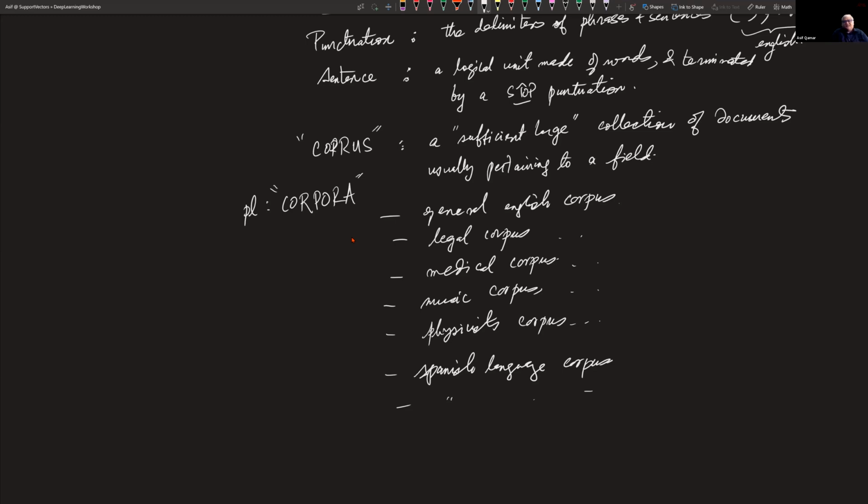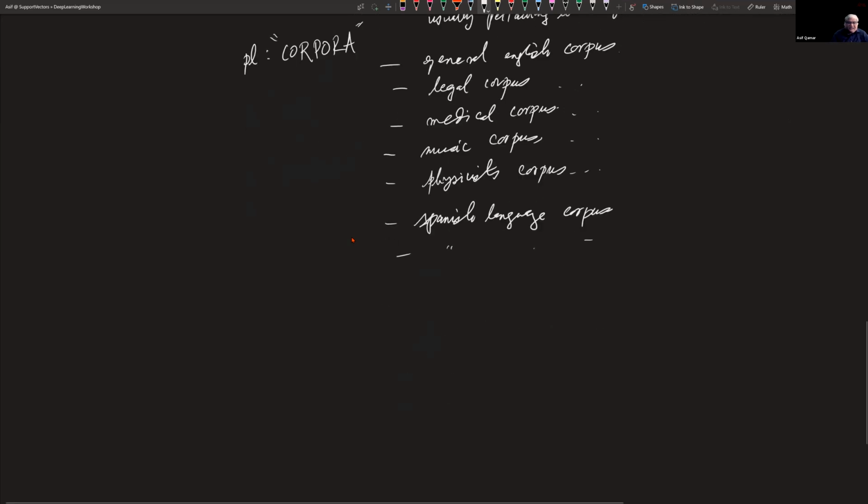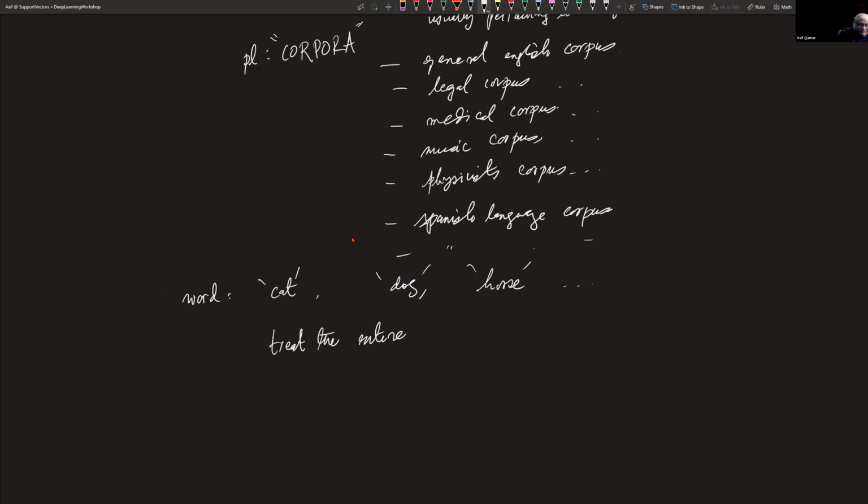Right? So to set the grounds here, let us start with the notion of a word. So you have a word. Let's take the word cat, and let's have another word dog, right? And then let's have another word called, what should we call it? Horse. Three words. Question is, how do we map it to a vector space representation? So one easy way you can do it is you can treat this vocabulary, the entire vocabulary, as